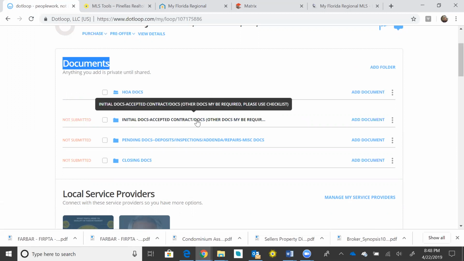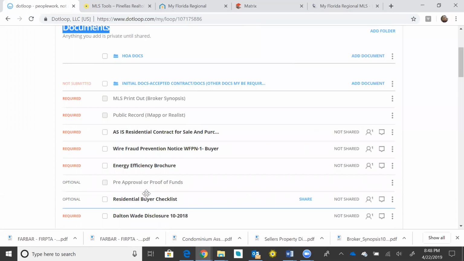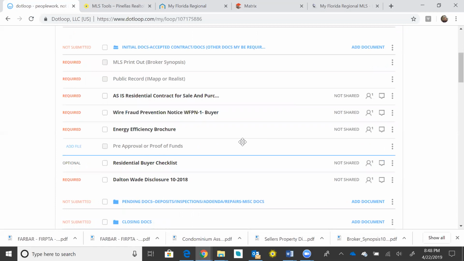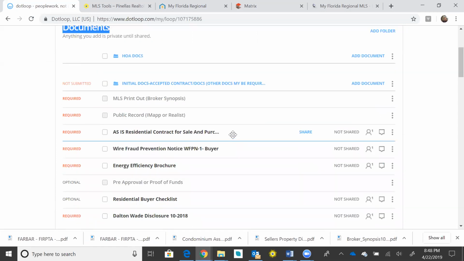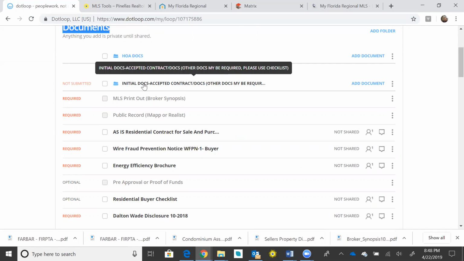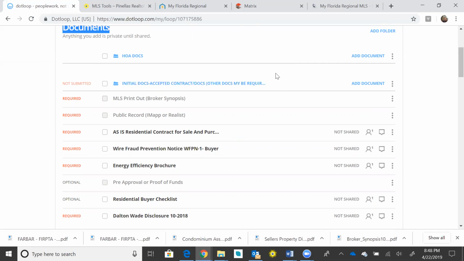This is for your accepted contract, first 48 hours. These are the files that you should have for your completed offer. It will contain the contract, the Dalton Wade disclosures, energy efficiency, the Dalton Wade disclosure, and it will contain any other addenda, such as an FHA VA, if there's a licensee interest in property, any other addenda pertinent to your contract should all go here at the beginning